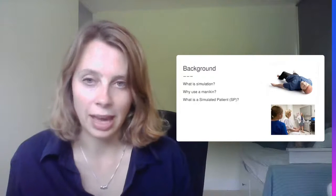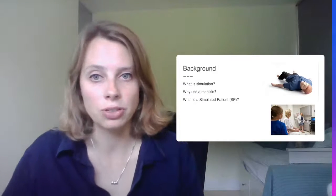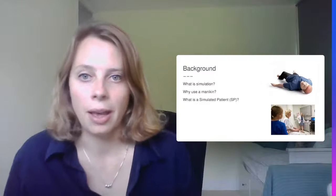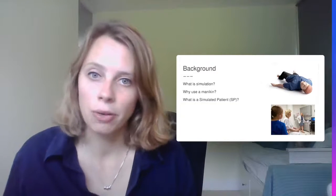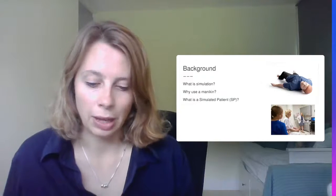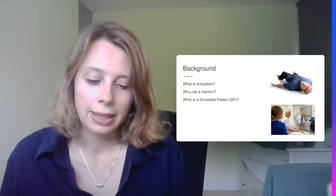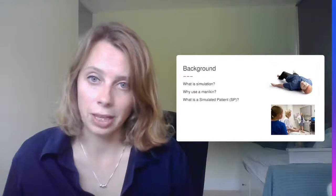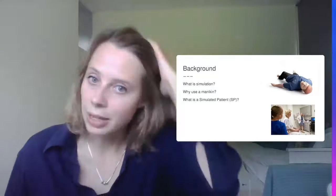But it's a robot that can be controlled by an operator to have all of its physiological functions changed and altered, which then allows you to go through a scenario for the purpose of training a group of learners. So often, historically, simulation training has become synonymous with mannequin-based training, but we found in our local